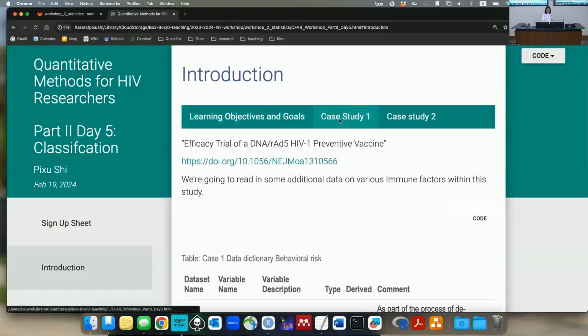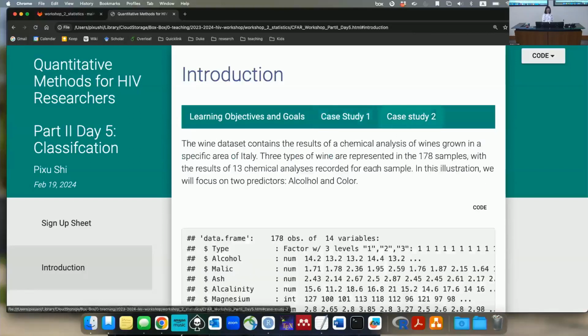In our case study, we'll again use the data set that we used last time. But this data set doesn't have an outcome variable that has multiple categories. So I included another case study that is not relevant to HIV, but this data set has three categories, three class labels as the outcome variable, so we can use this data set as an illustration for the classification problem with multiple